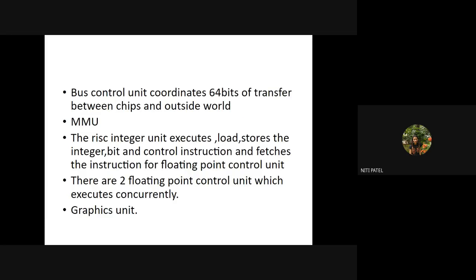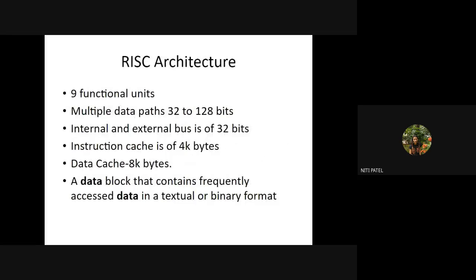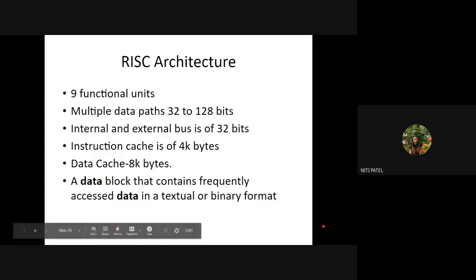Then it has a bus. Ma'am, the data block and the data cache must be the same, ma'am. No. The data cache is only storing data in binary format, whereas in the data block, I am copying either the binary data directly or converting it into textual form and storing it. Understood? The data block has text data as well as binary data, but the data cache has only binary. Okay.